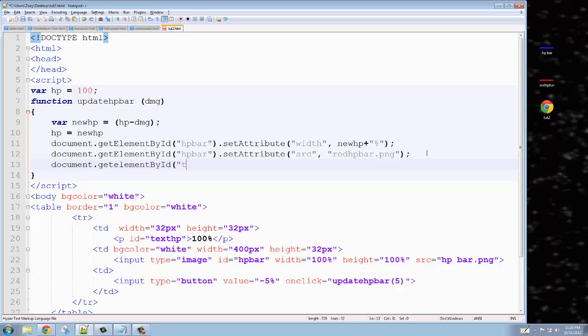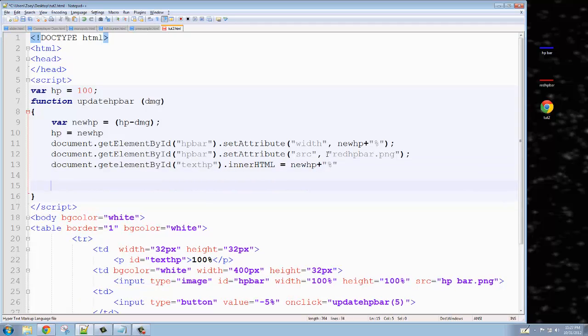We want to change the text, so we're going to tell it to change the innerHTML of the percentage to new HP. We're going to concatenate a percent sign on there. And we now want to make sure you can't go past 0. So we're going to add an if statement. If HP is greater than or equal to 0,